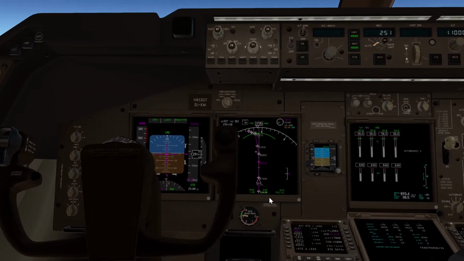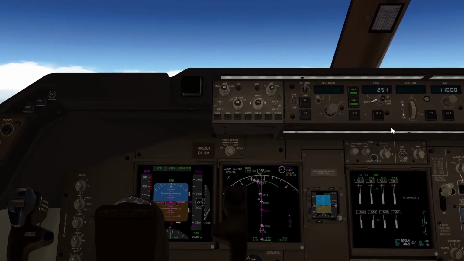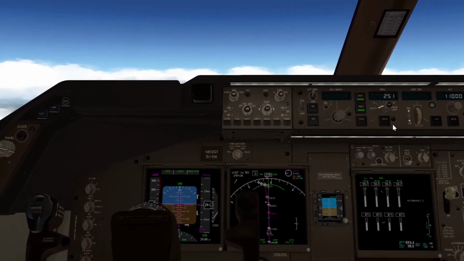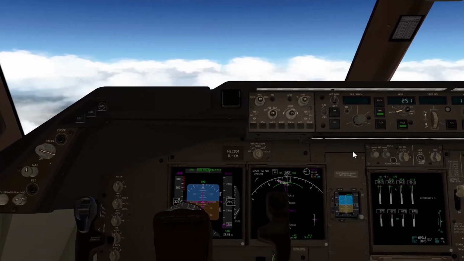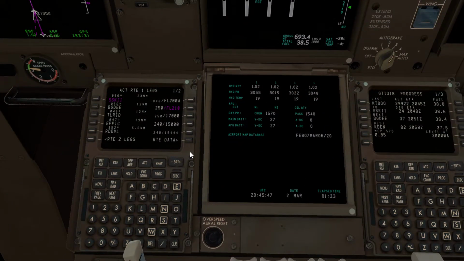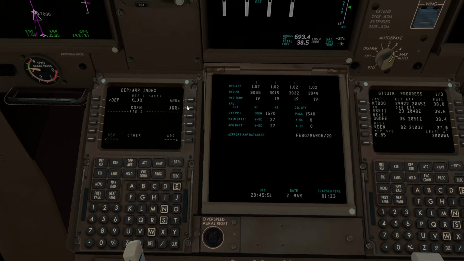Going to check something here. Okay, we're on a straight path. Let's go ahead and do a hold, and as far as the heading, now let's look over here, departure and arrival, just to see if we can pick our runway now. ILS 16 right,